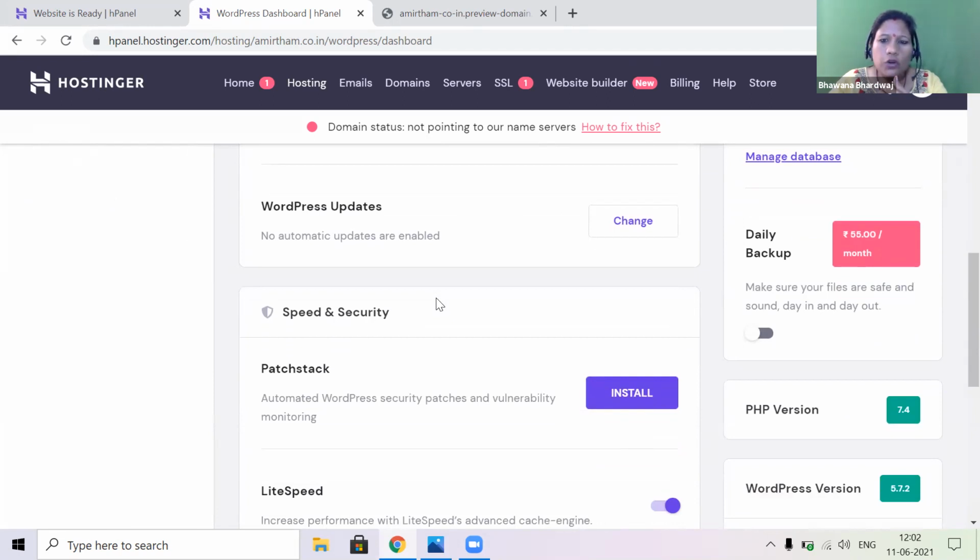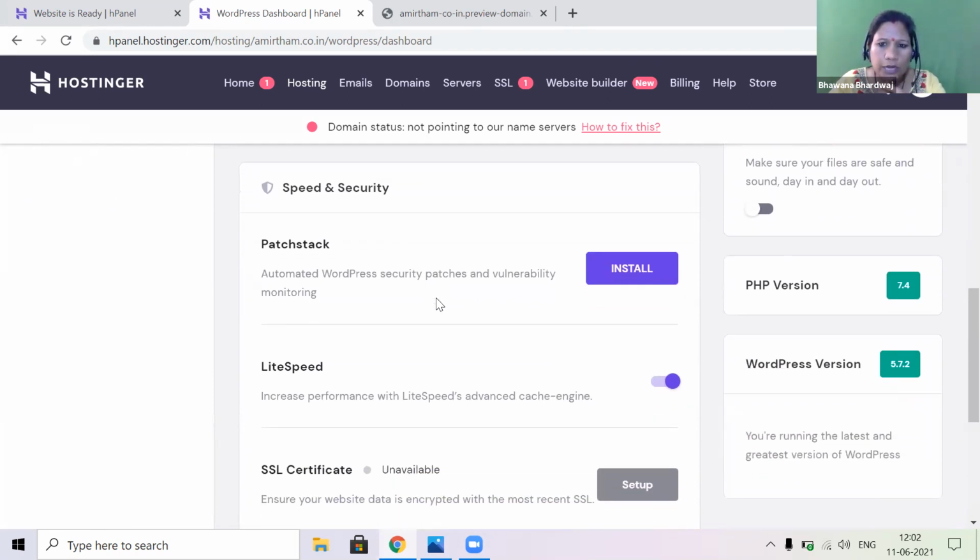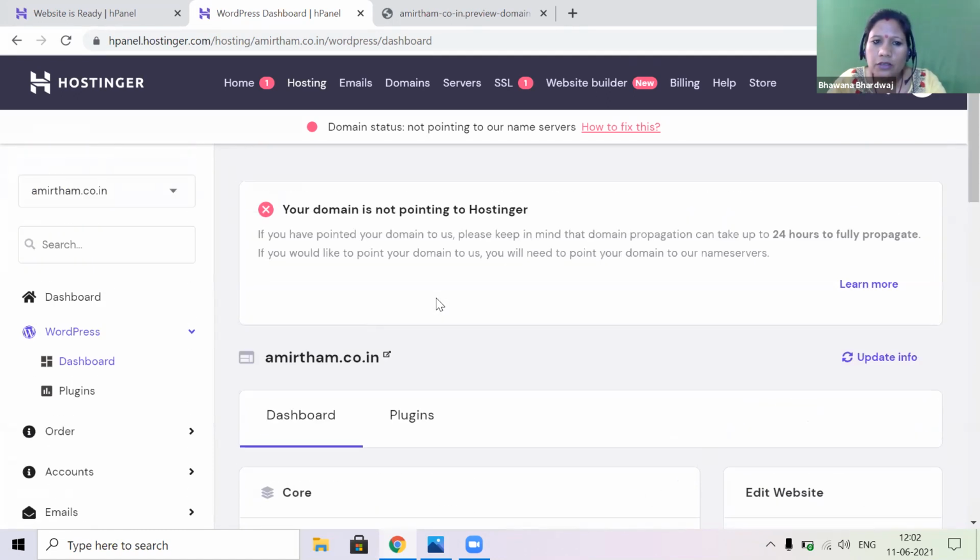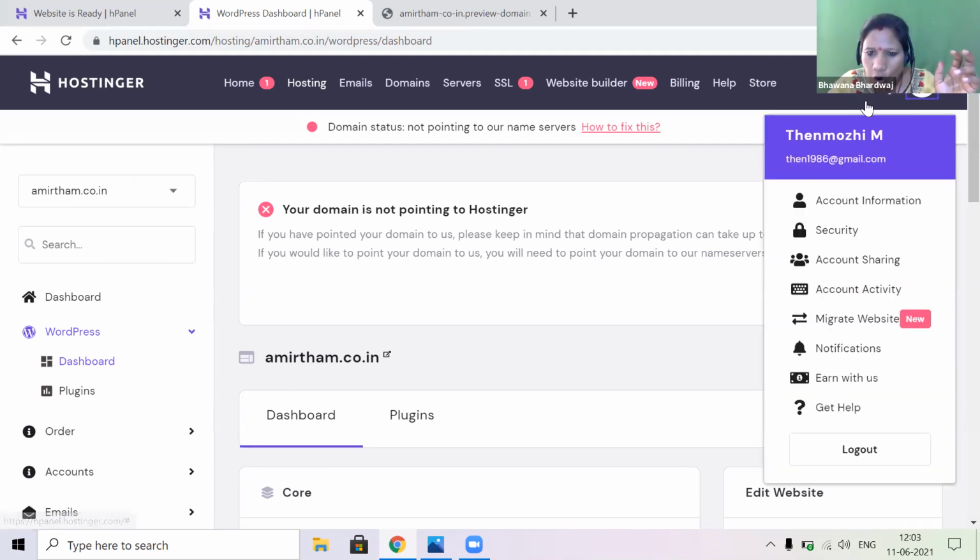Okay. So let's go to your product list. Go to this profile, the small image of the profile, in the upper right corner. Yeah, this small bell, there is a bell, and after that, yes. Click on that. Okay, account information, account sharing, account activity. If it's not there, you are not migrating your website. Fair enough.